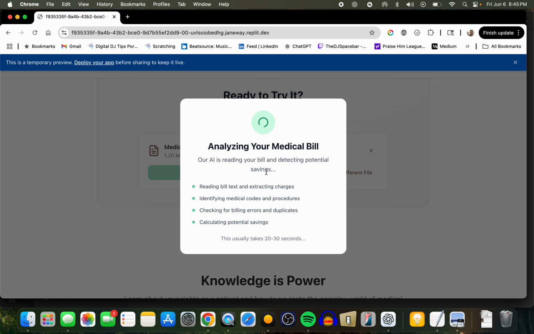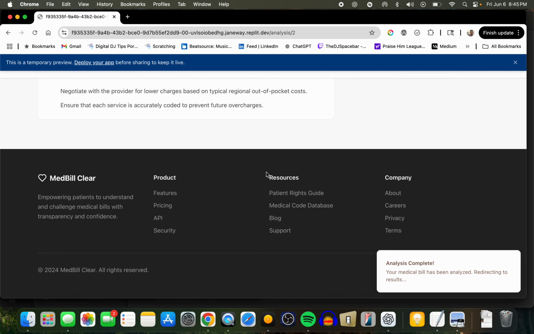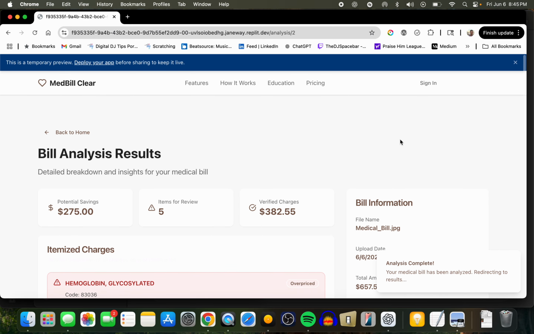And then what's happening here is it's sending this image to ChatGPT for analysis. You can both upload something directly from a desktop or a laptop, but you can also take a picture with your phone and it does the same thing. So it's a pretty cool and complete application that I found pretty useful. So after a little bit of time, you'll see that it went ahead and brought me to this results screen